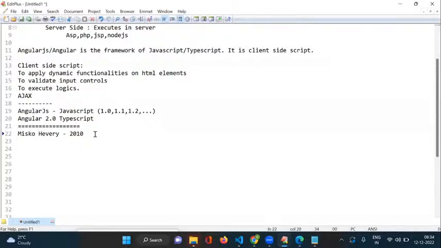Now, who is maintaining this Angular? Google Corporation is maintaining this Angular. And here TypeScript is also there. Angular is nothing but TypeScript coding internally. I told you they are providing many packages for us to work with the client-side logic. Those packages they implemented with TypeScript. That TypeScript belongs to Microsoft Corporation. So it is nothing but the combination of two big companies. One is Google, another one is Microsoft. So Angular belongs to Google, and inside this Angular, the packages are implemented with TypeScript. That TypeScript belongs to